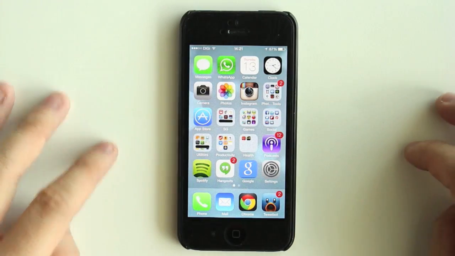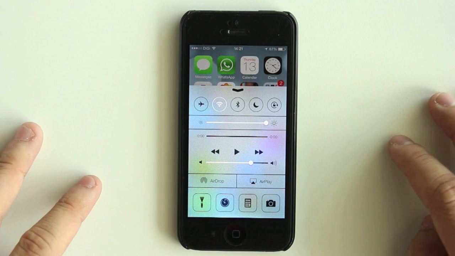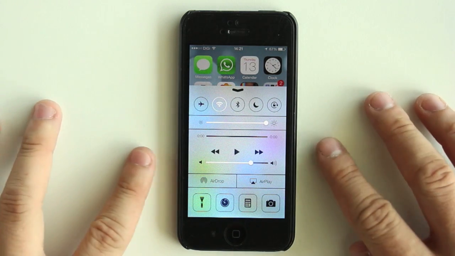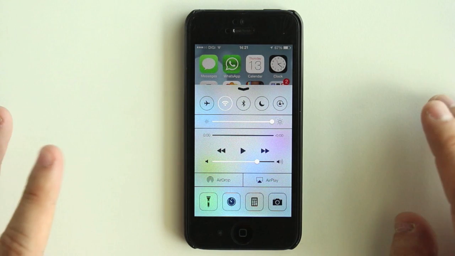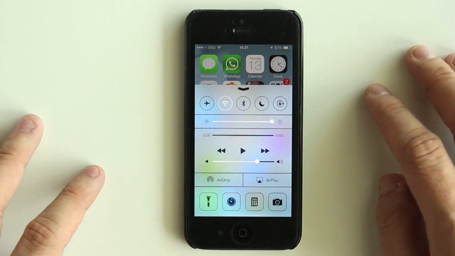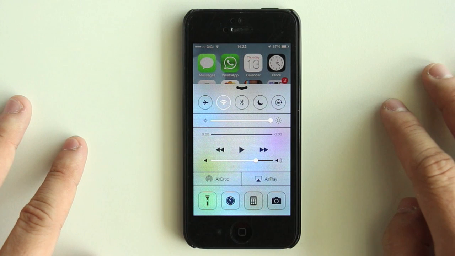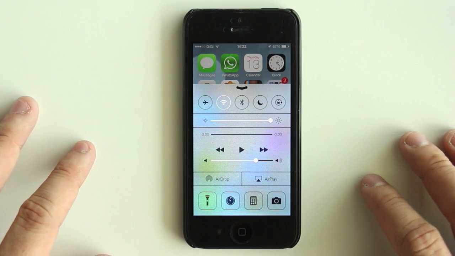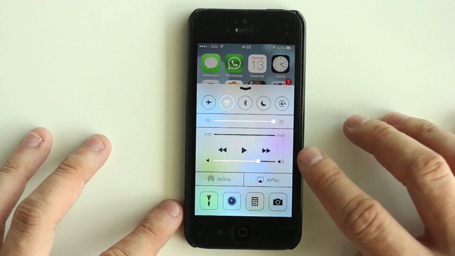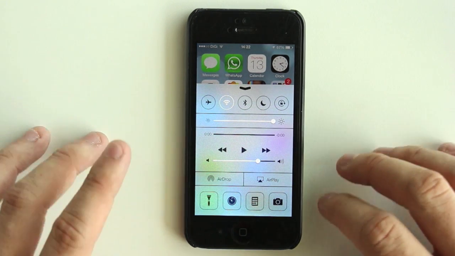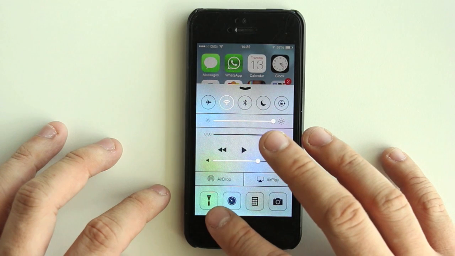Another big feature that was introduced in iOS 7 is the control panel, well, control center. As those of you who jailbroke your phones, you'll recognize this as SBSettings, something like that. And the Android people will definitely recognize this as something that you see every day. But pretty much, I'm pretty glad that Apple decided to implement this because it really saves a lot of time. So you can see the toggles, the brightness, the music playlist, AirDrop, AirPlay, you know, like, let's call it torchlight,